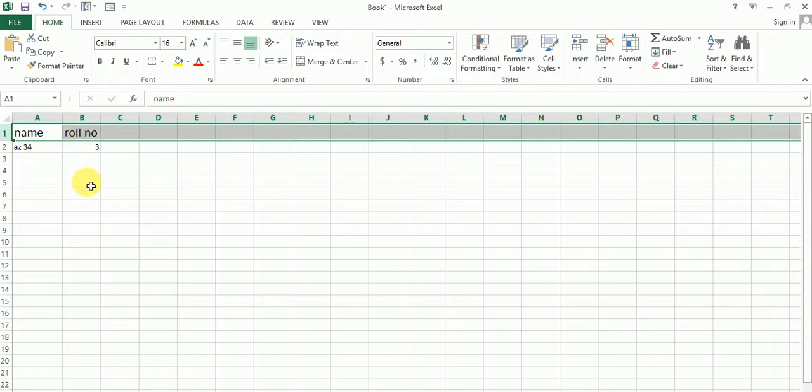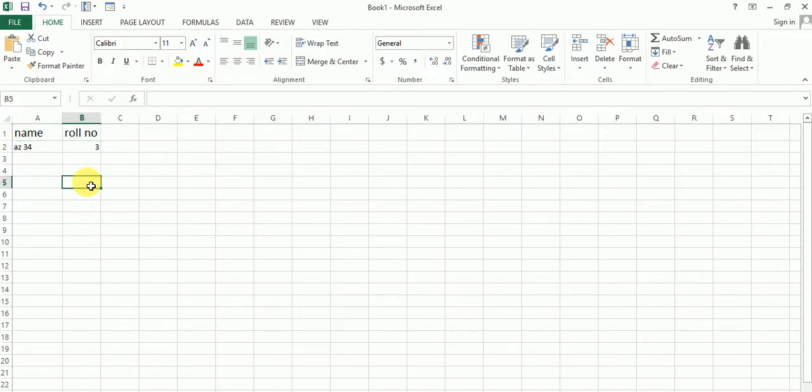Next, field name. The column label for a field is known as the field name. A field name is displayed in one row, for example roll number, name, subject name, etc. Field name means what? The heading of a column is called the field name.